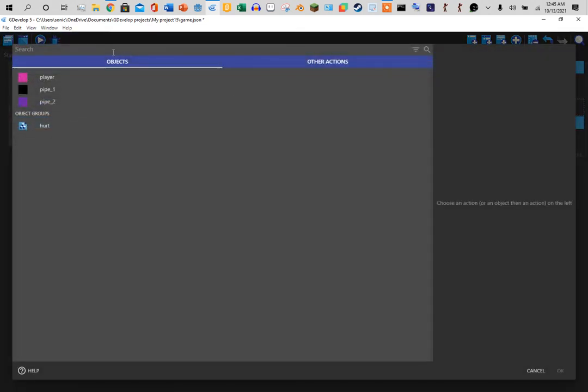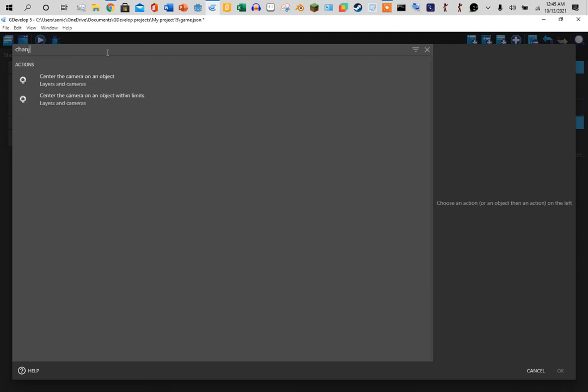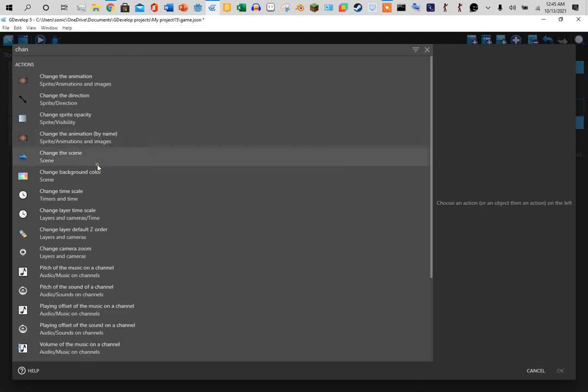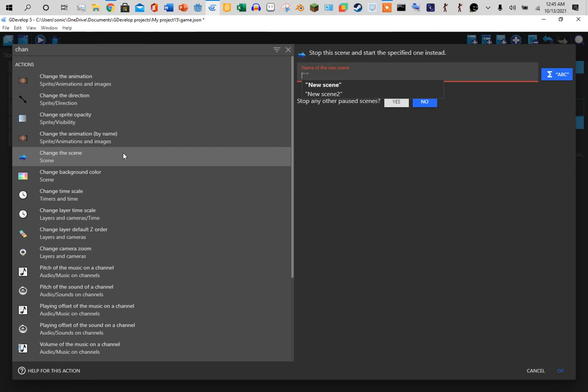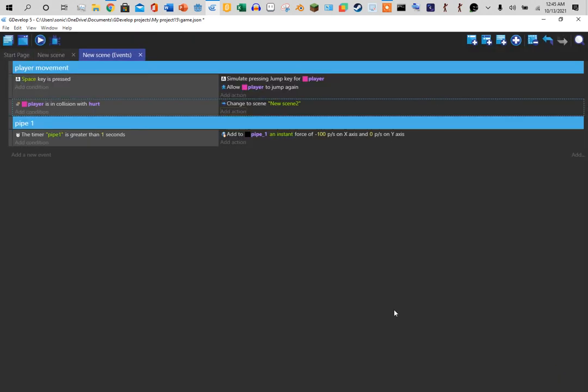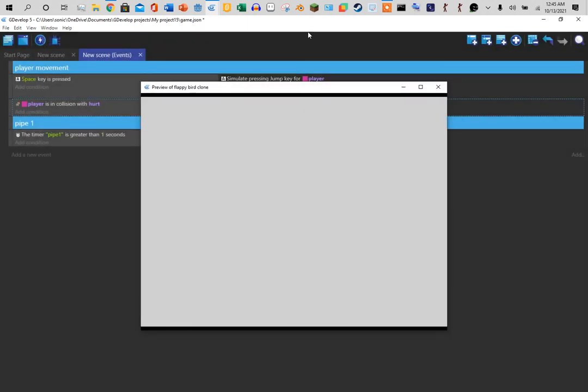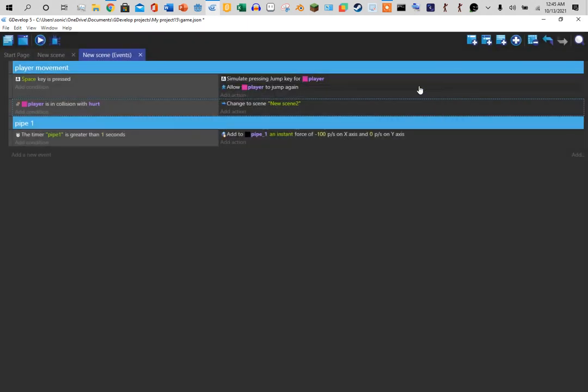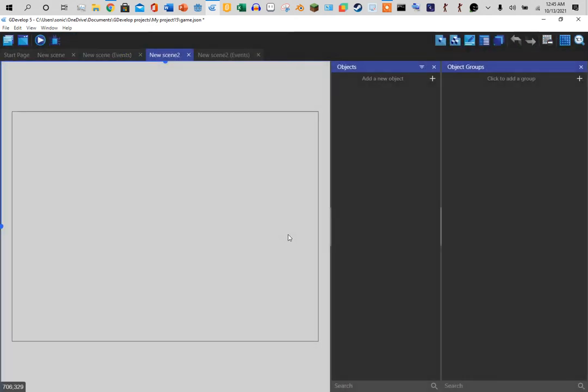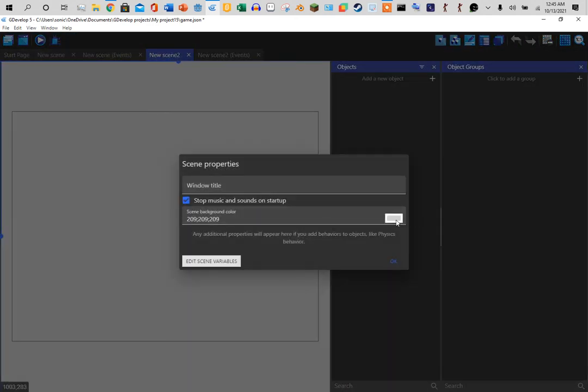We're going to change the scene to our new scene. So now if our player falls, it goes to the new scene. To make it look a little easier so you can see it,